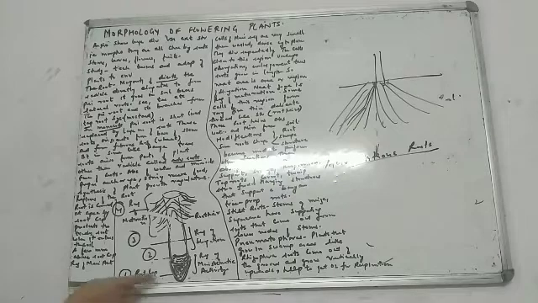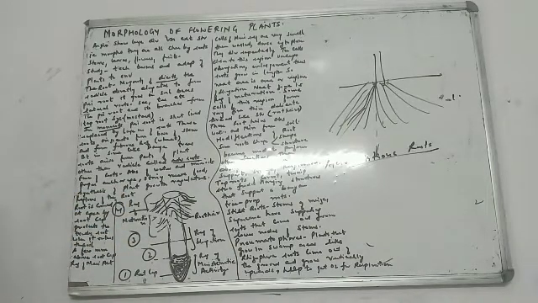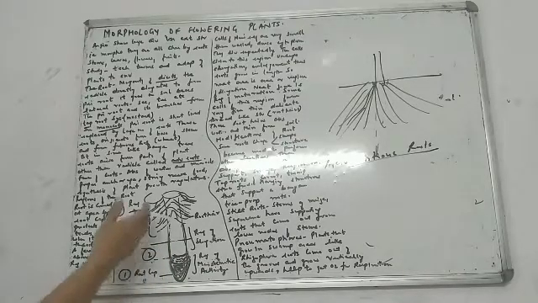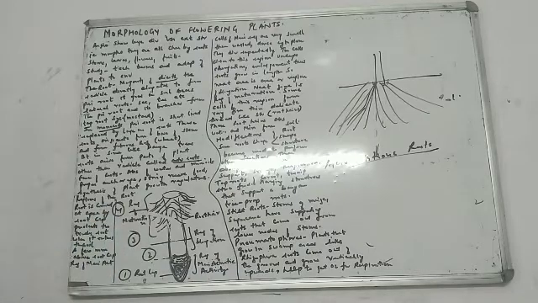Is it okay? Number 1, root cap. It helps to protect the tip of the root where it enters the soil, protection purpose. Region of meristematic activity, number 2, where meristematic cells are present, thick cytoplasm, they divide very soon. Then region of elongation, where cells become elongated, enlarged so that the root length increases. And region of maturation, where some cells after becoming mature convert into thread-like structures which are known as root hairs.